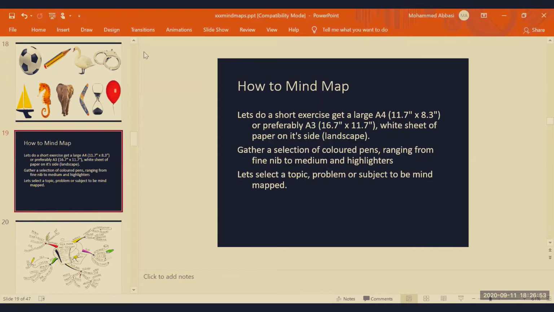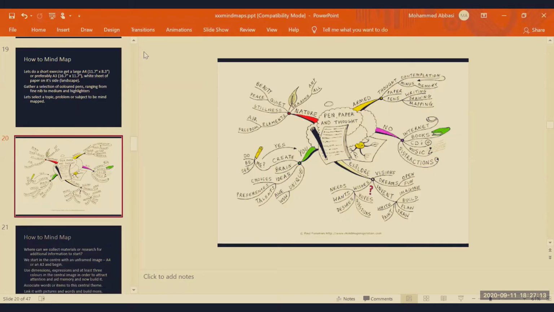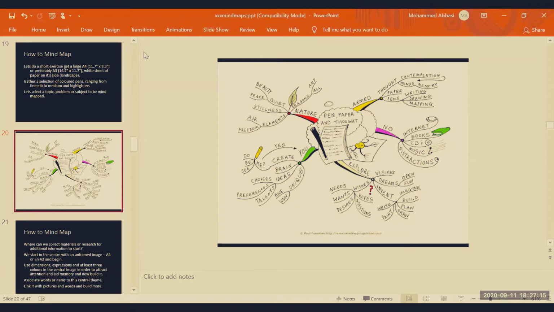Now, if you want to do a mind map, you get an A4 or A3 size paper that is clear, and you gather a selection of colored pens ranging from fine nib to medium or highlighters. You select a topic, a problem, or a subject to be mind mapped, and you go for it. Now, this is one of the areas. It shows basically pen, paper, and you put it for thought. For example, this is a mind map about